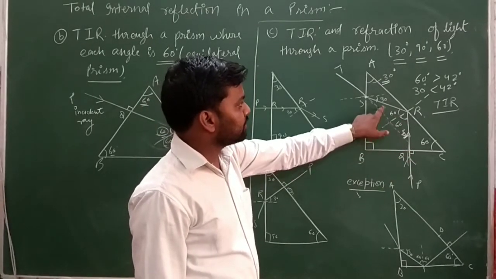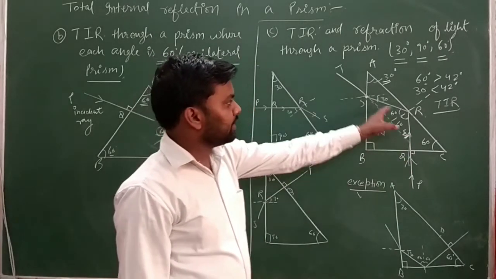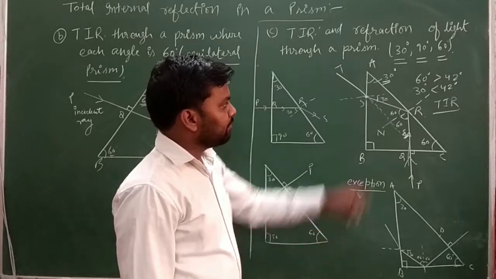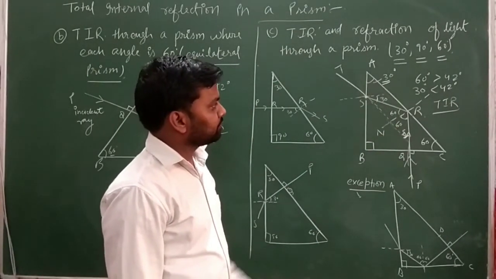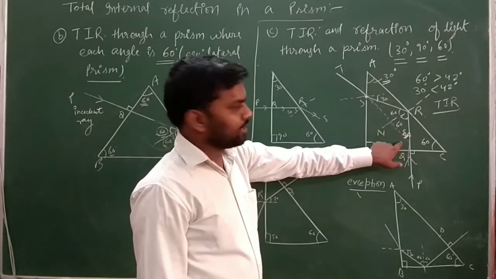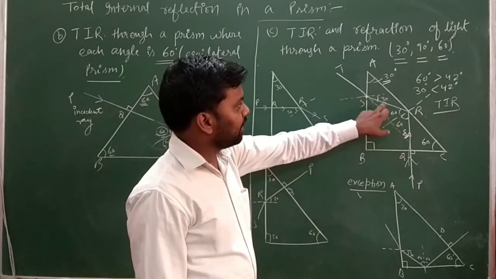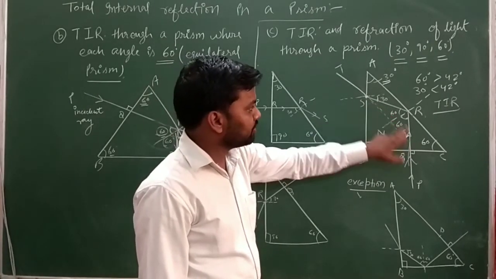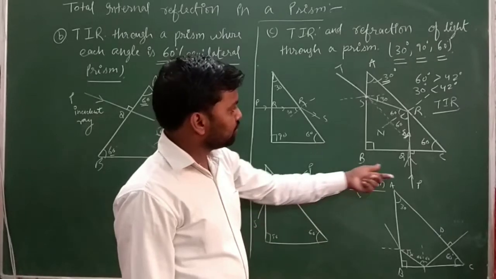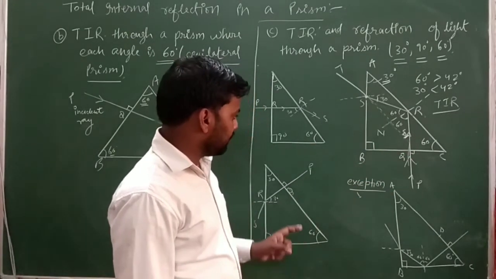So how much can be the amount of these angles? It can be 30 degree or 30 degree. It can be any other angle, but both the angles will be lesser than 30 degree. Okay, means if 60, 60, 120 and the remaining is 60 degree, so it will have some angle on these two places. Okay, so it will deviate by a delta angle with respect to this side.